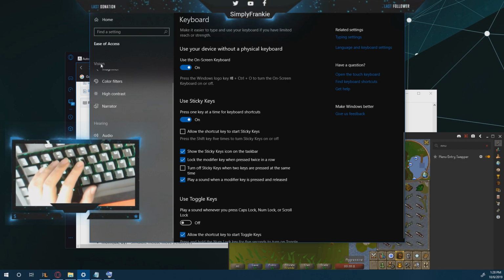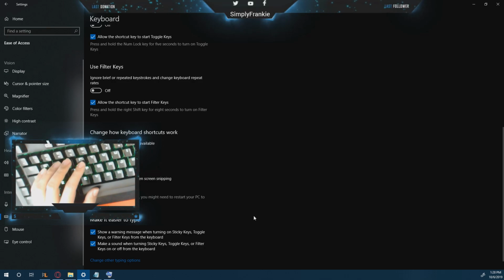I can't seem to scroll down. For some reason I can't seem to scroll down. But anyway,